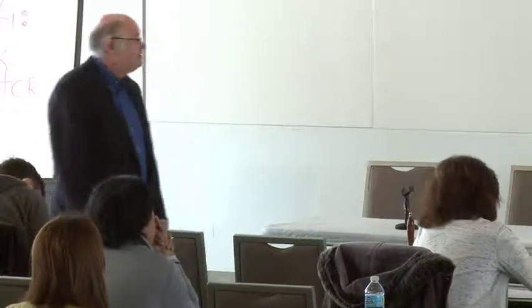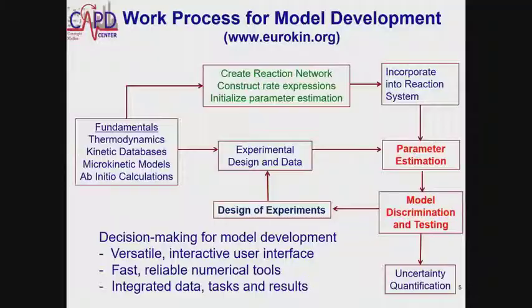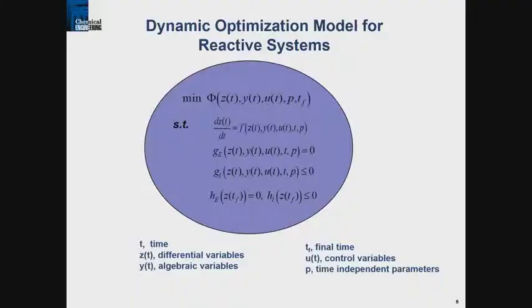So what we want to do is we want to figure out a way of working on this work process and handling good tools, integrated data, and then worrying about an interactive user interface. Okay, so this is basically the idea. But I want to talk a bit more about the tools. So let's talk about this. Ultimately, this problem is a dynamic optimization problem. Think of it as an optimal control problem.